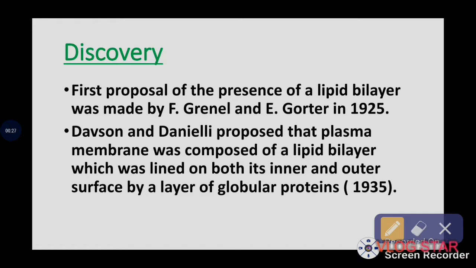Okay, so discovery. The first proposal of the presence of a lipid bilayer was made by Gorter and Grendel in 1925. After that, Davson and Danielli proposed that the plasma membrane was composed of a lipid bilayer which was lined on both its inner and outer surface by a layer of globular proteins. So what does it mean? It means that